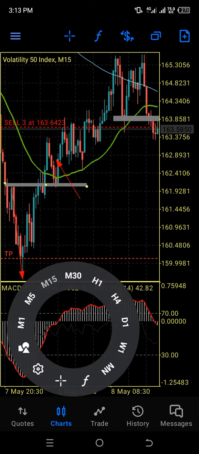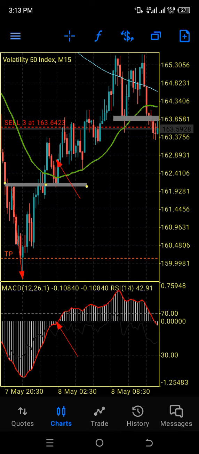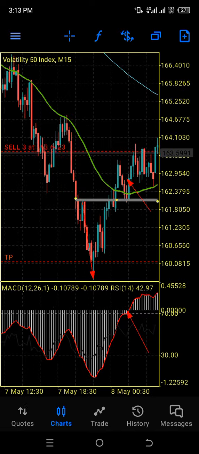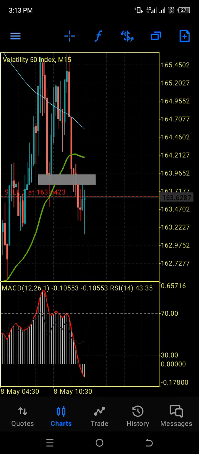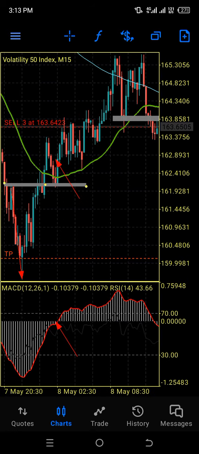Another thing we're going to be looking at is the MACD. As you can see, the MACD has crossed as well and is above the 0.00 level, the mid level. Do not forget that the MACD does the up and down movement. It goes up and it comes down. So basically, when this happened, price began to retest this. Price came here, retested and closed back, meaning that this support was respected. The moving average also served as a dynamic support for this trend at the moment.